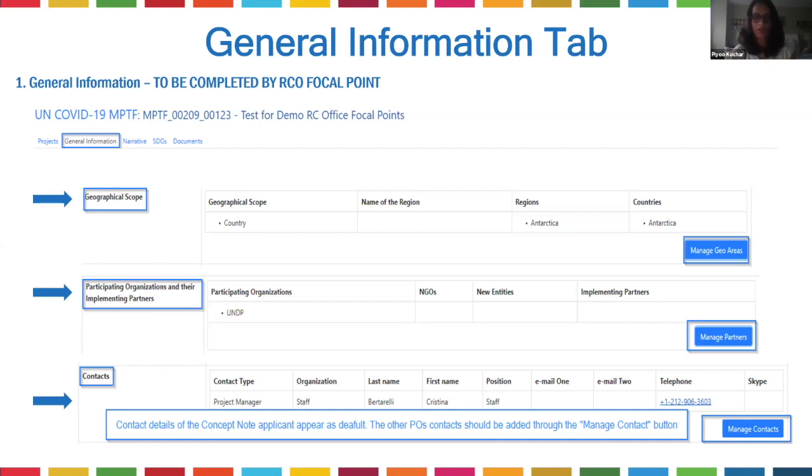Manage contacts has an entire contact sort of database fields. They're not all mandatory, but we do ask you to fill 5 fields, which is the email address, the first name, last name, the region, and the country where this contact is functioning from. So we would want you to enter those and then hit save, and that contact then shows up in that particular concept note. And you can hit a notify button, and the system will then generate another email to them if you feel that they may not have seen that initial email when you create them in the system.